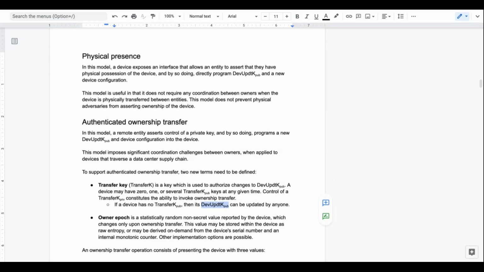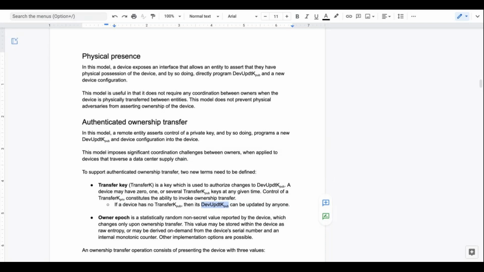The simplest thing in my mind was to say something analogous to what you do with physical presence, which is saying I have some ability to return this device to some manufacturing defaults. And when it's in that state, anybody can take ownership of it and do whatever, but all the secrets that were in that device before this happened get erased. That basically devolves into the physical presence transfer option, which I believe someone on this call said is insufficient for certain threat models.